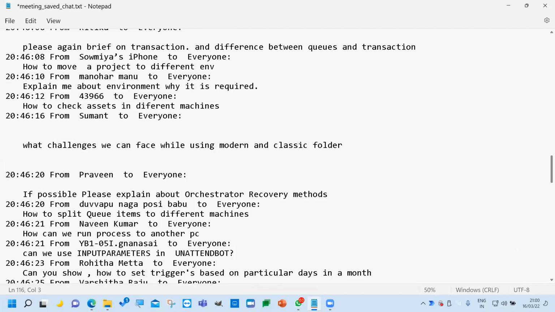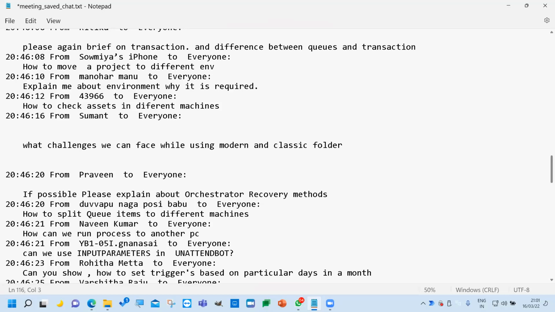Frankly speaking, I haven't worked much on modern or classic folders, but one thing I can tell is in modern folders, you can have subfolders as well, where you can segregate assets or jobs as per the folder. Earlier in classic folders, you had something called environments. Now this is converted into folders. With modern folders, you can segregate who should get access to only a single folder.